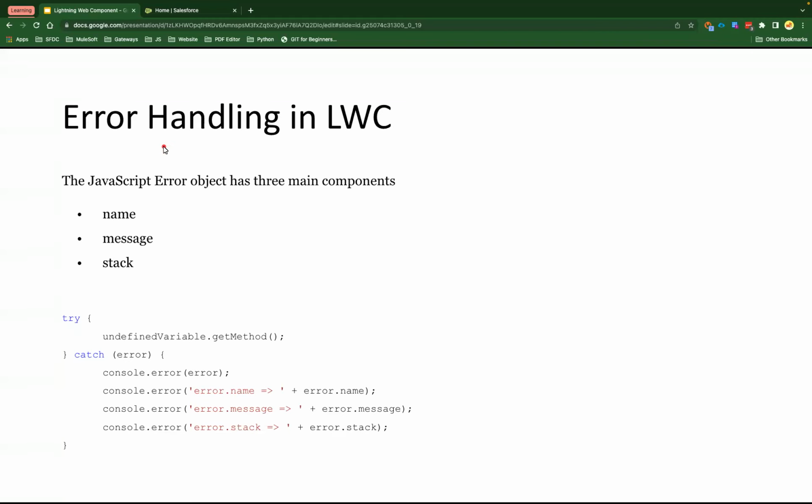Okay, so what we are going to talk about today is a very important part: error handling in Lightning Web Components. So far, we have only seen the errors coming into the console and displaying those errors in the console, but that's not how you are going to work in real time with your clients. You definitely need to showcase the error to the customers, so that